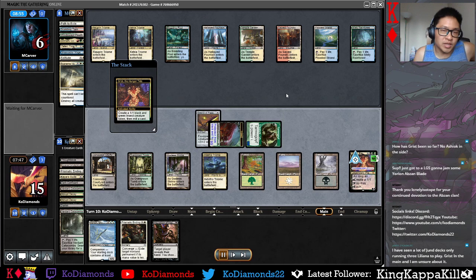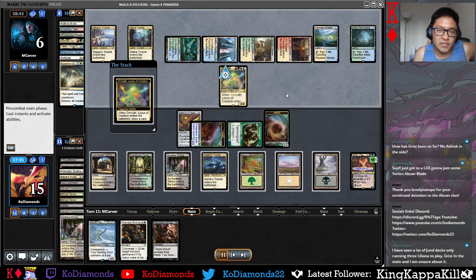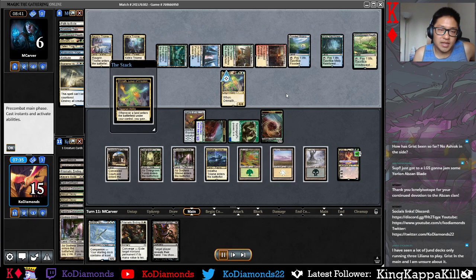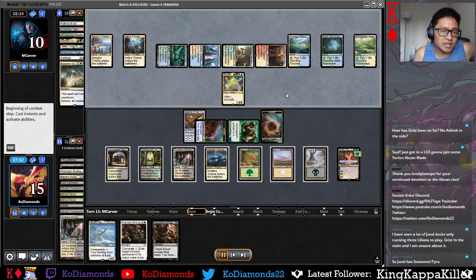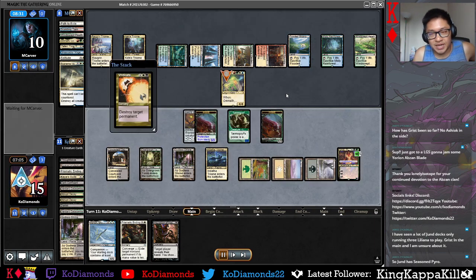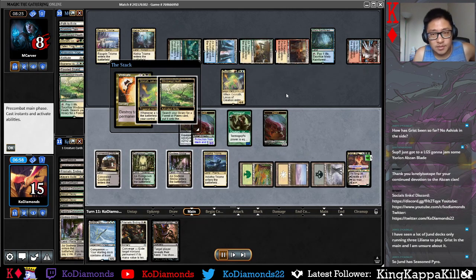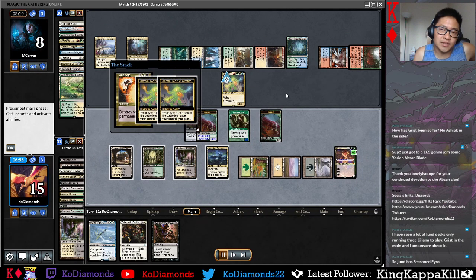I don't play this Yorion because I don't want to overcommit to the board and just make another insect. They play Omnath, but then they don't have anything in hand, so then we just win the game. We draw the Vindicate, but we could have minused the Grist, killed the Omnath, and then they go to 1. Well, I guess they can gain life off the fetching, but